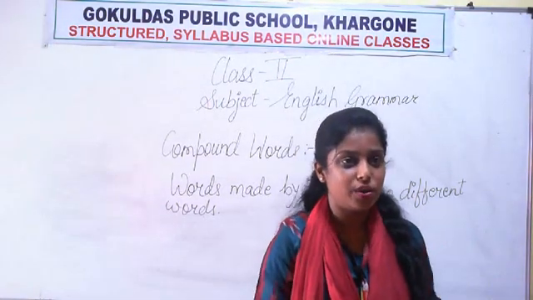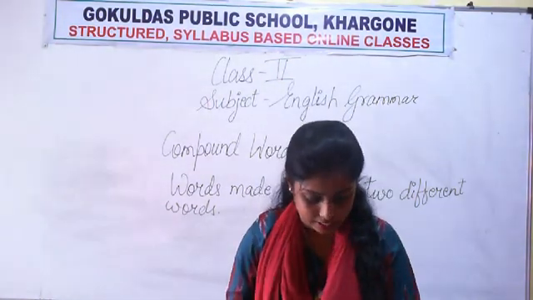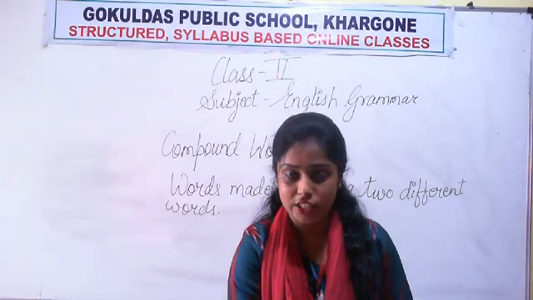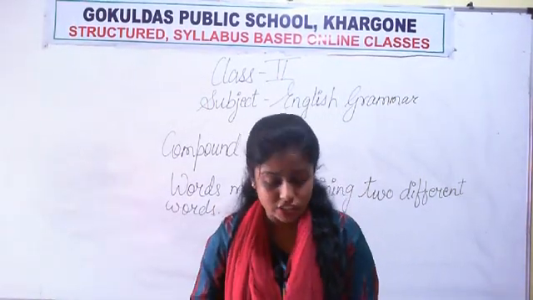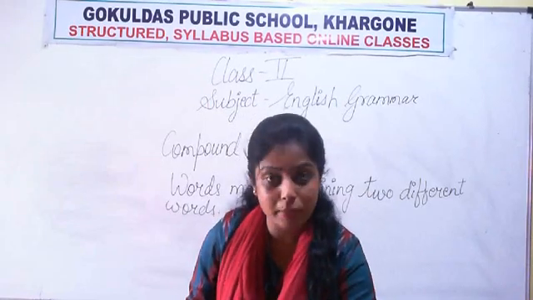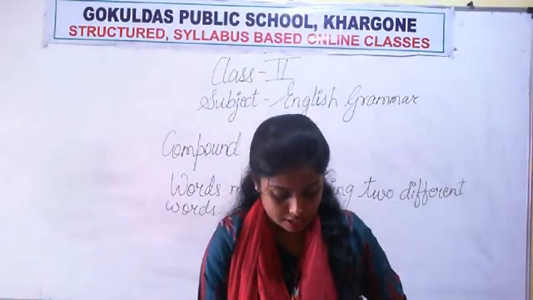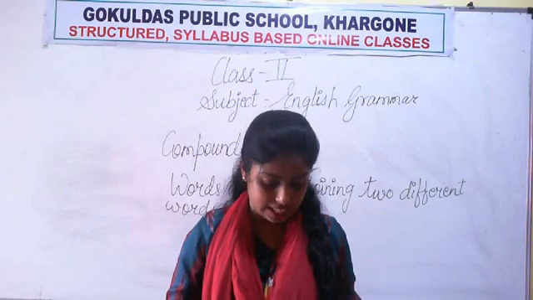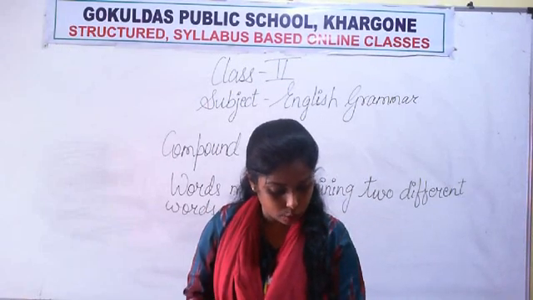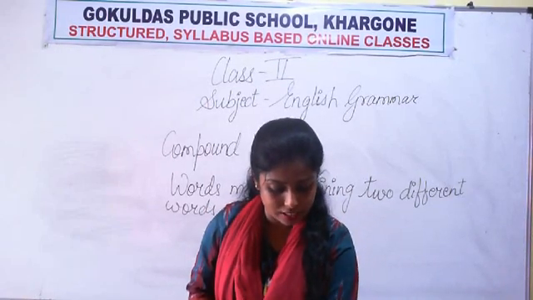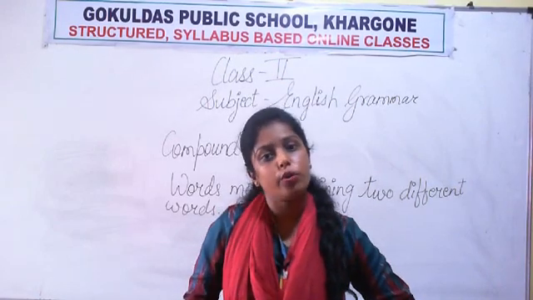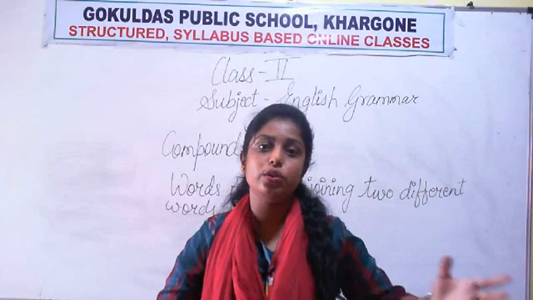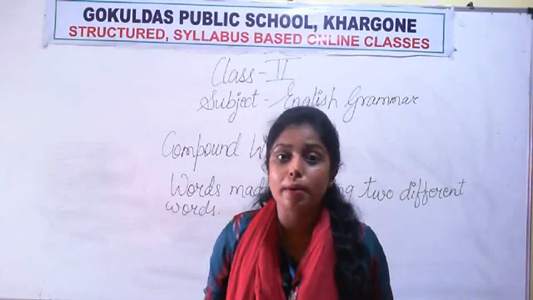In the last lecture we finished the exercise of our English grammar book, and on page number 11 question number B was finished. Now we will study question number C, where you have two columns of pictures, and you combine their names to make new words or compound words. Before going to that exercise, I want to explain what compound words are.